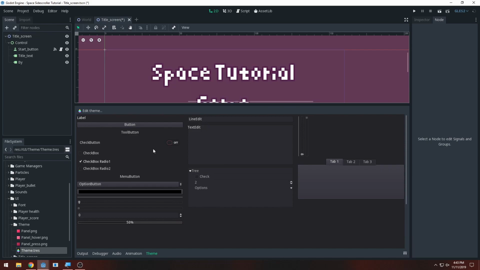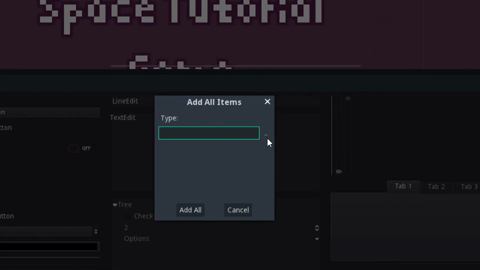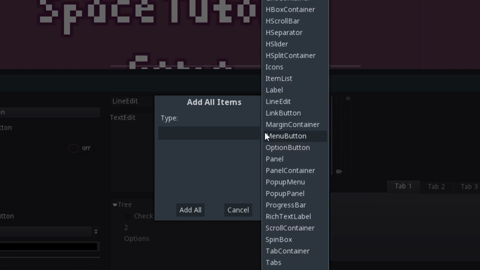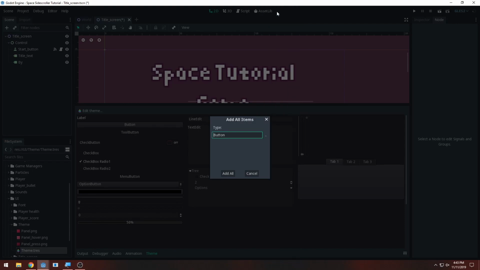And I find themes pretty fun to make. They're pretty cool. You can make your own UI really quickly. So we're going to do that. So edit theme. And we're going to add a class item. This bit, I'll go over what this does in a second, but if you hit these two little dots right next to type, it'll open this little menu of all of these things that we're gonna do. We're gonna be using a button, so we want to hit button right here to add this item and press